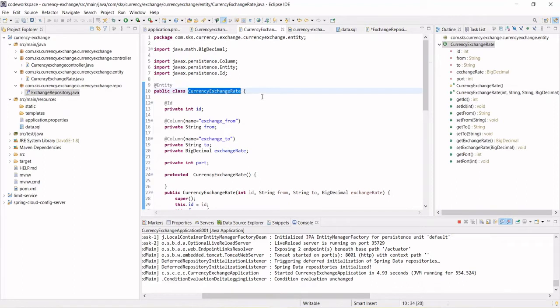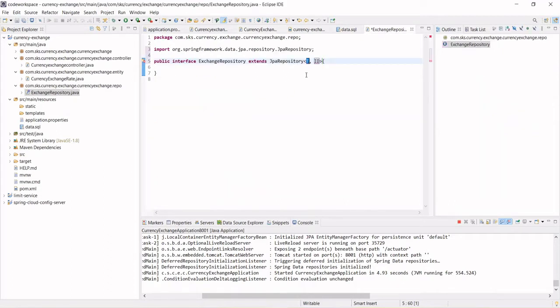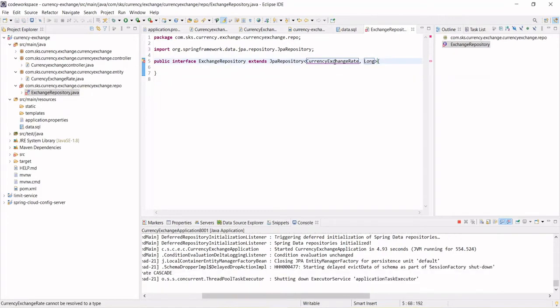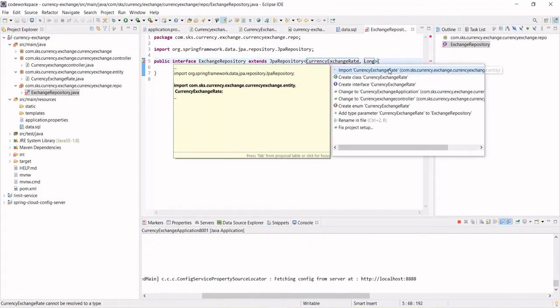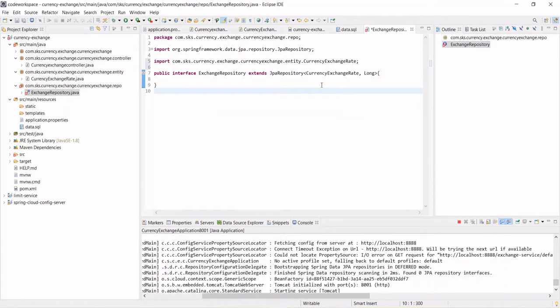Current exchange rate is the entity class that we have, so from that class the table data is going to be mapped and stored. So instead of T, put that here, and here it will be Long. So ID is Long, we are considering. Control 1, import. Correct.